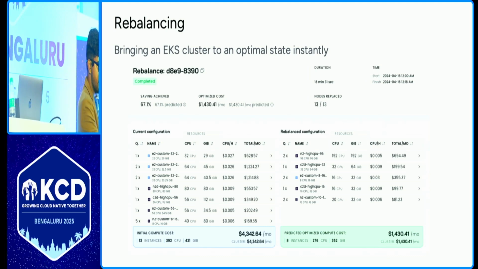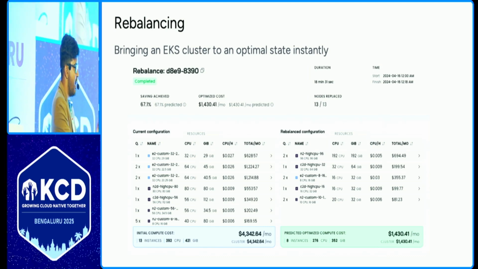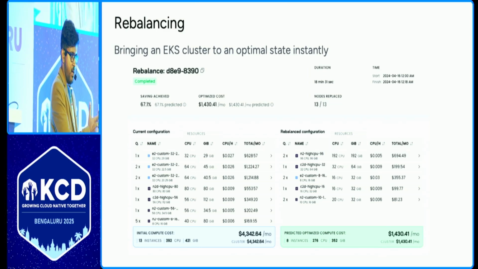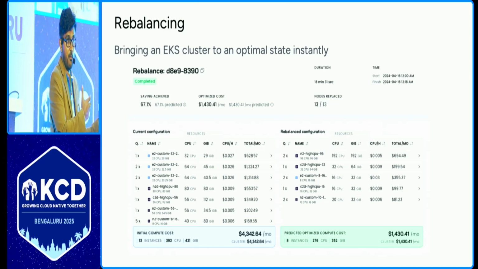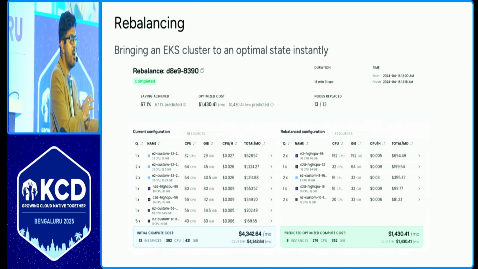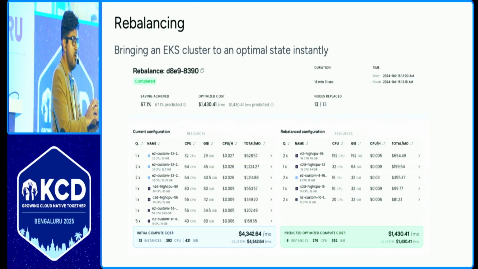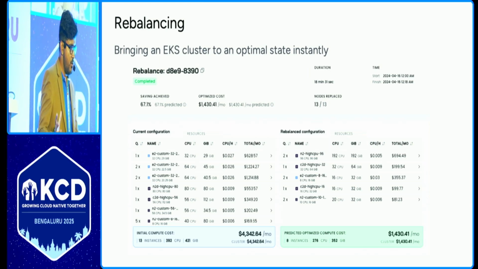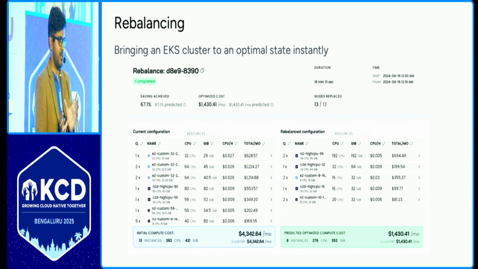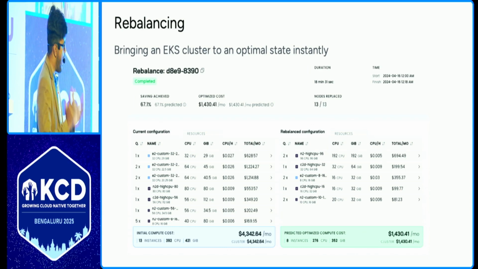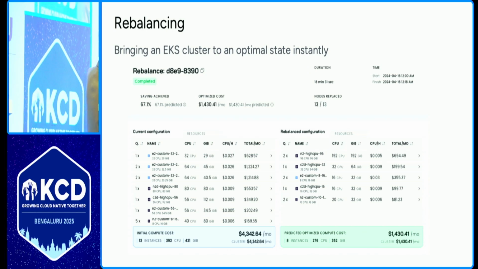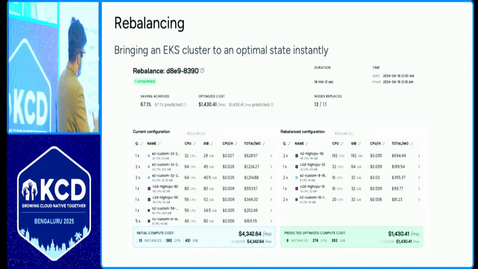Your workloads are not homogeneous. Your workloads have CPU and memory. Some are CPU intensive, some are memory intensive. So this basically becomes a heterogeneous setup, right? Now you are trying to fit this heterogeneous setup into a homogeneous one. How can that be optimized? You have to have a mixed bag of machines, automatically decided by automation, and come to a conclusion.